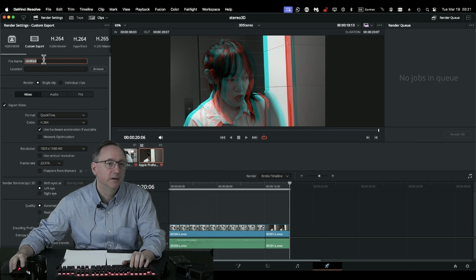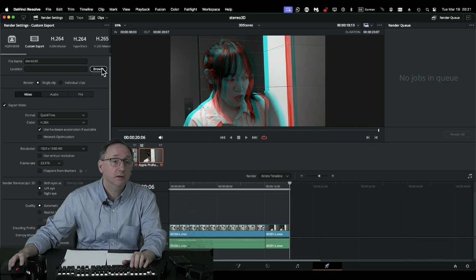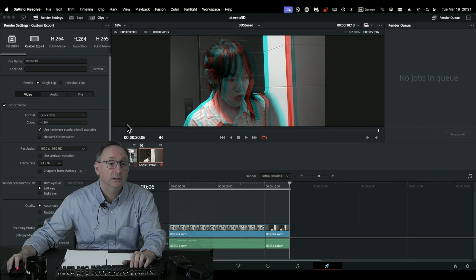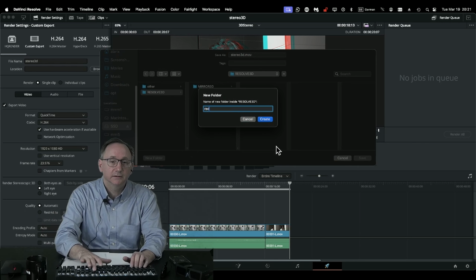I will just give a file name here, Stereo 3D, choose a location here on my output folder, render,